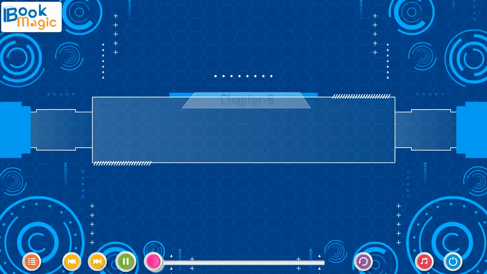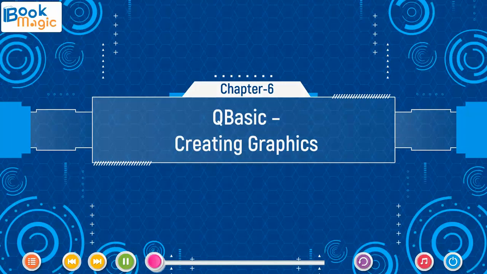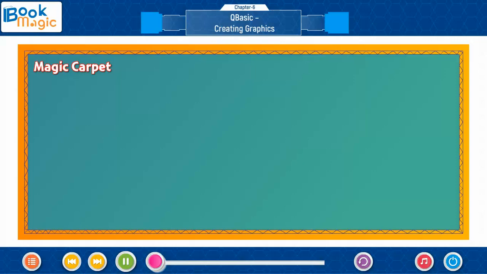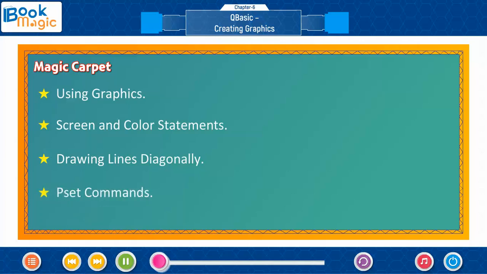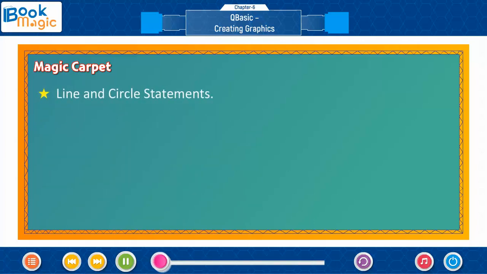Chapter 6: QBasic Creating Graphics. Magic Carpet. Using graphics, screen and color statements, drawing lines diagonally, PSET commands, line and circle statements, paint statement,